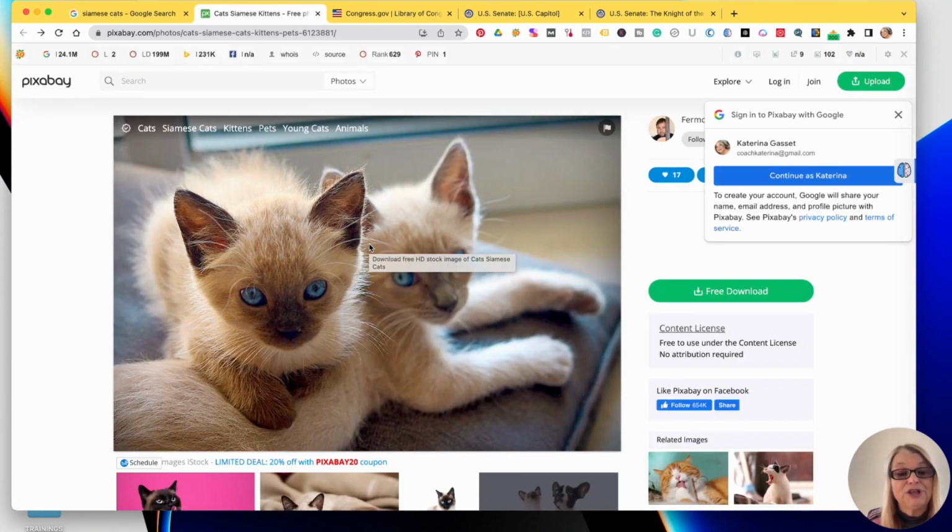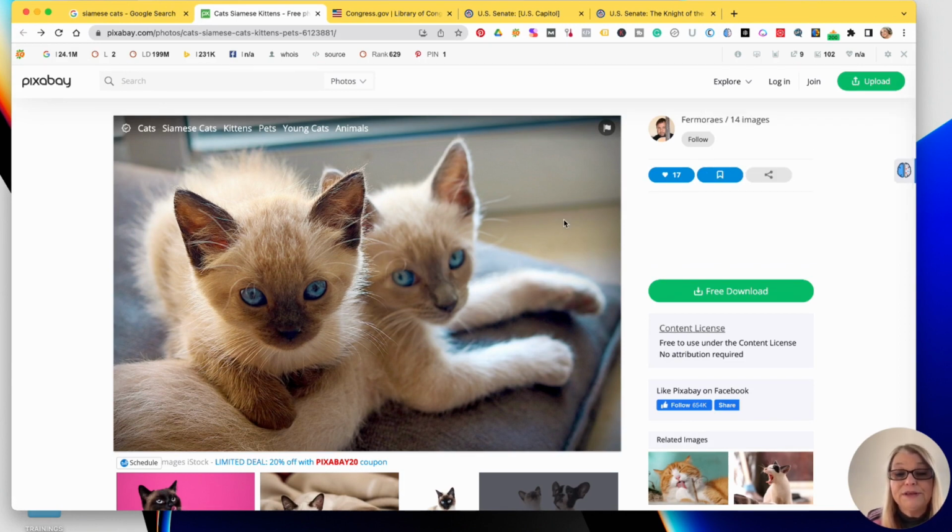So let's go back to this picture. So I would have to take this little picture and I'd have to do a lot of other things to it. So that's going to be for another training or tutorial, because that's a lot more for me to explain. But basically, I would upload this into something like Canva or PicMonkey or Get Stencil, which I love. And then I would create it and make it a part of another design. I would have to almost, and if you know Photoshop, that's really, really good. You could take this and then put it into Jasper Art and ask it to make some renditions, turn it into like an Art Deco picture, something like that. So those are the different kinds of things you can do.